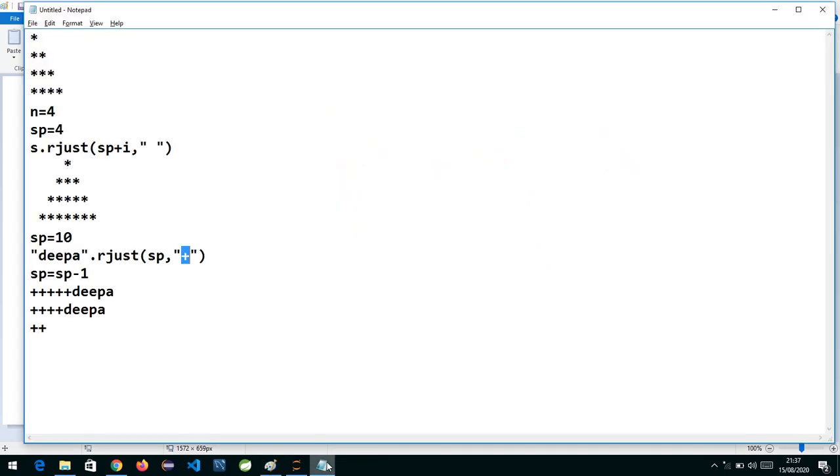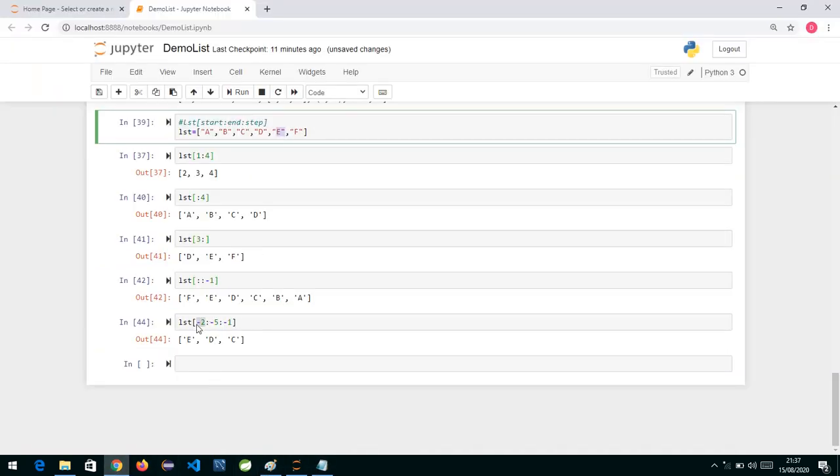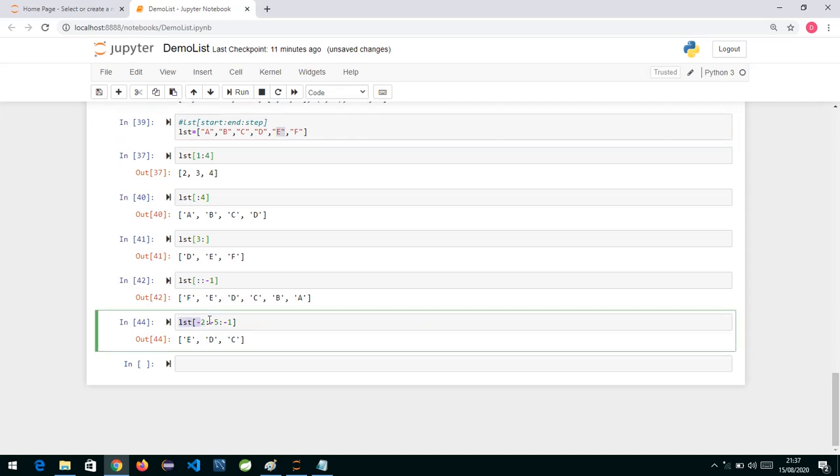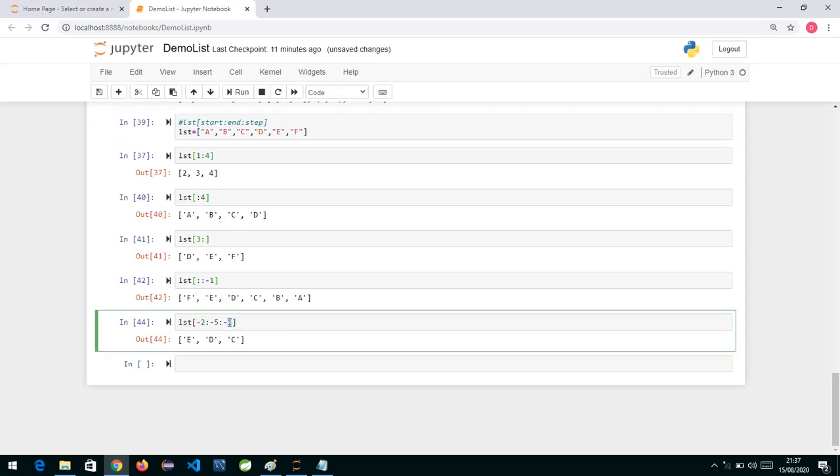If I want to start with E, the position I specify is -2, and I'm writing -5. Why? Because -2 is this, -3 is this, -4 is this, and this is -5. So for the slice operator, we always give one extra.